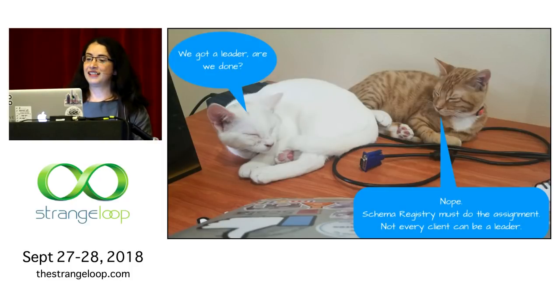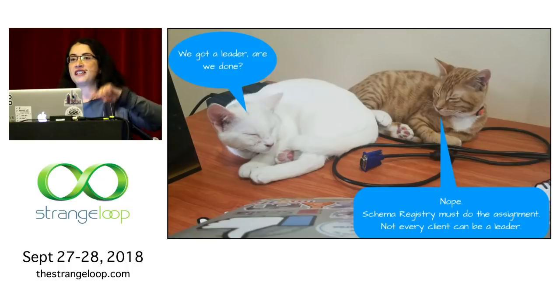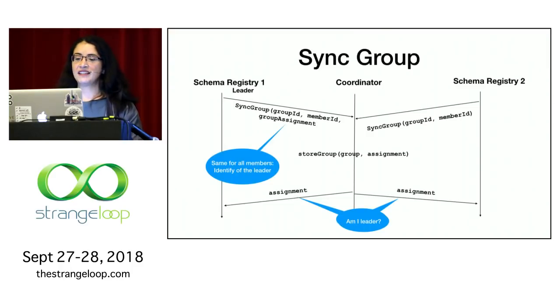No, we are not done yet, because this is the leader that was selected by the coordinator that knows nothing about our protocol, that includes the idea of whether or not you are allowed to be a leader. So we have to redo it. After we have a leader, the leader has to actually select the leader. So the way the leader selects the leader is basically take all the identities that are eligible to become a